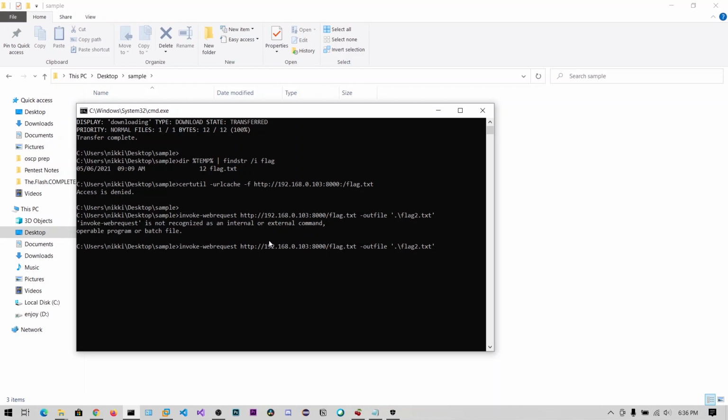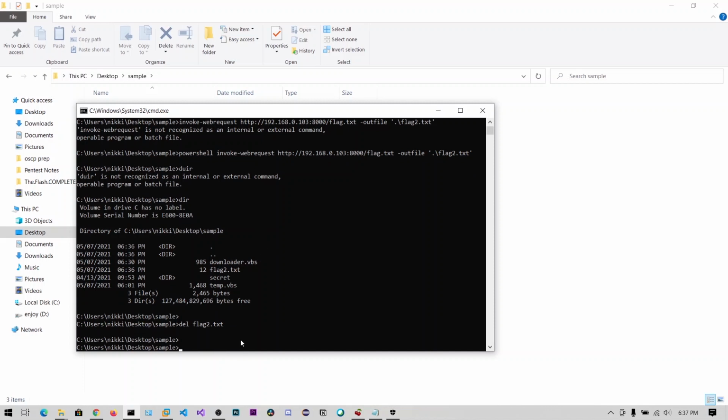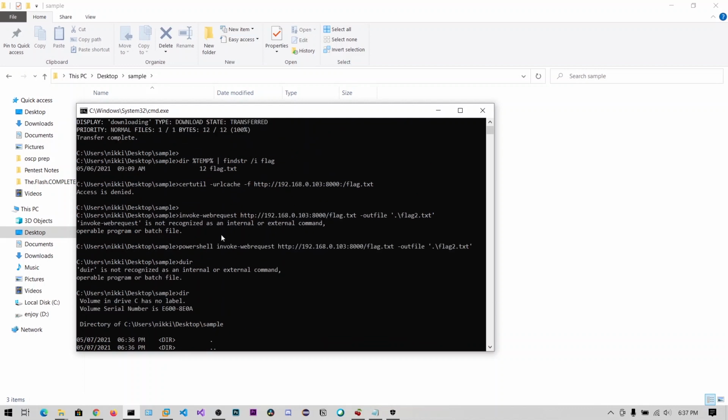I'm sorry, in order to use the PowerShell cmdlets, you need to say powershell. Now it will run as a PowerShell script. You can see the flag2.txt. So we have seen certutil and PowerShell cmdlets, right?